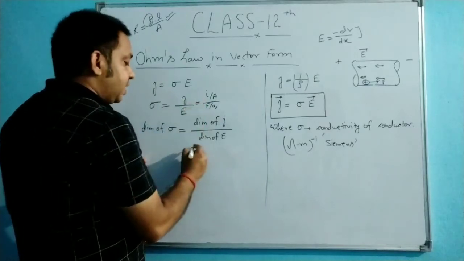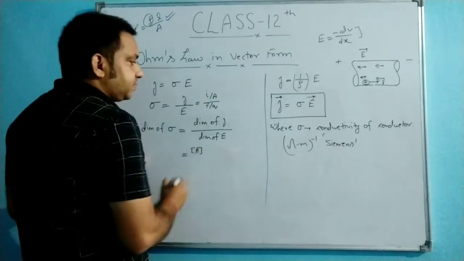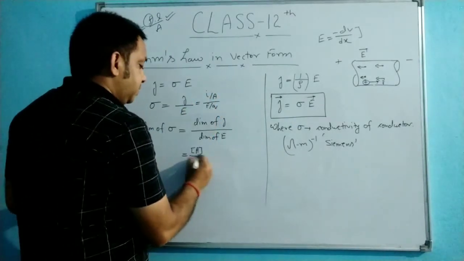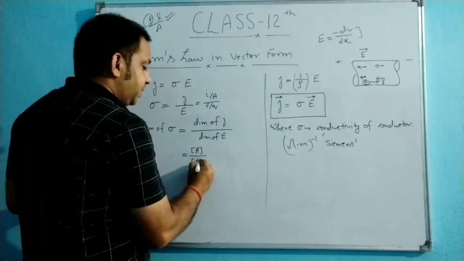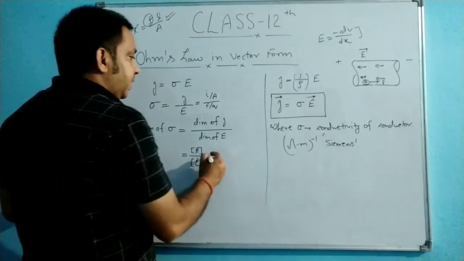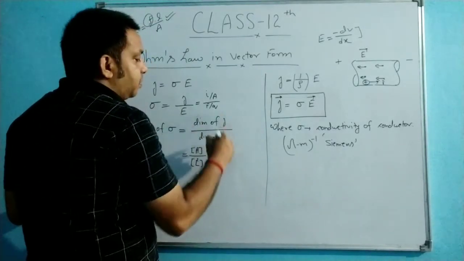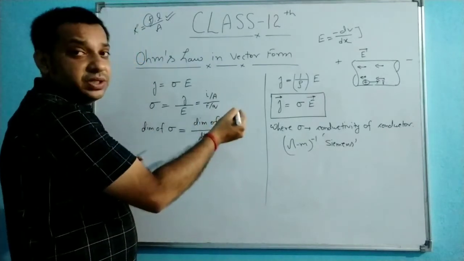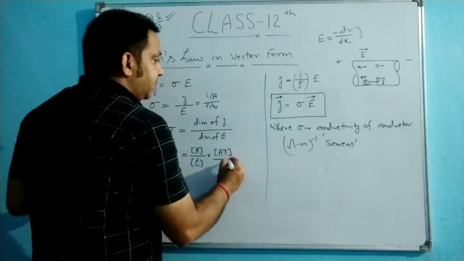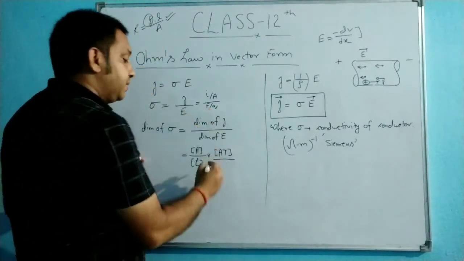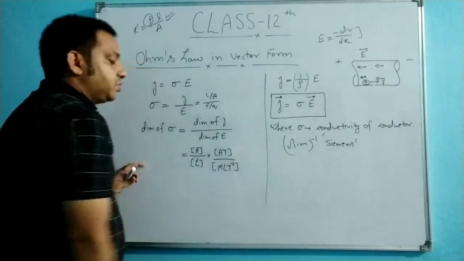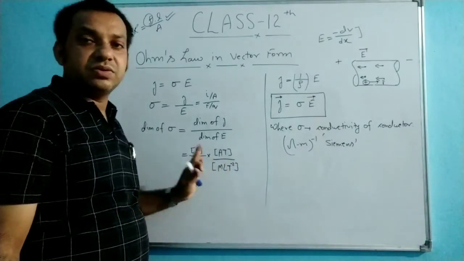I is ampere, so the dimension of current is ampere. And divided by A, where A is the area of cross section, expressed in meter square, so that is L squared. And multiply by, that becomes Q by F. So Q is I into T, ampere into second. And here the dimension of the force is m L T to the power minus 2, right? Kilogram meter per second square.